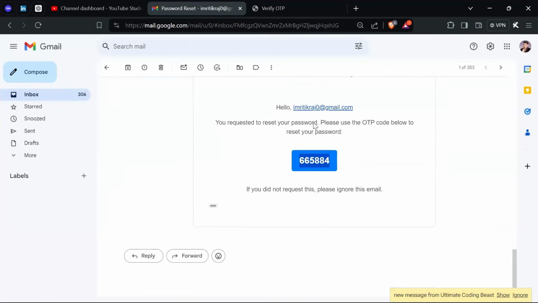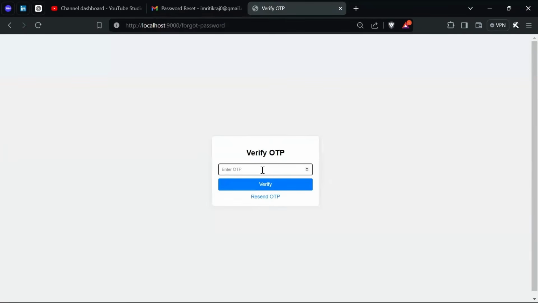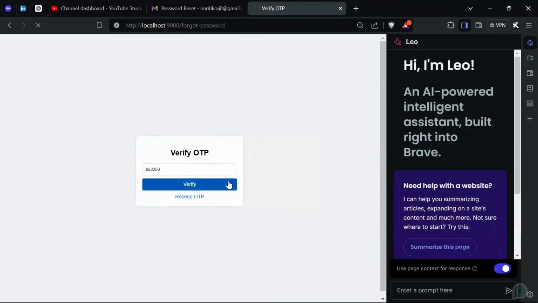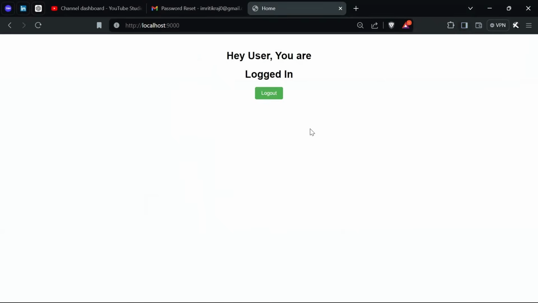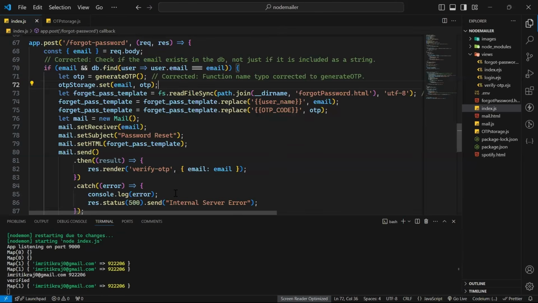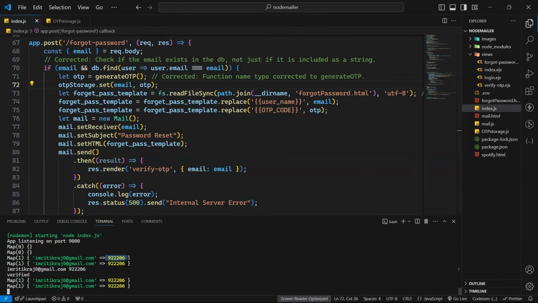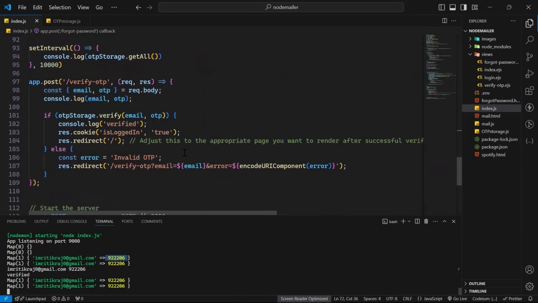तो हमें ईमेल आ चुका है, चलो देखते हैं। तो ये आ गया, अब इधर पेस्ट करके देखते हैं क्या अभी भी एरर आ रहा है कुछ। ये खुल गया, चलो ठीक है, अब देखो हमारा क्या हो गया, सक्सेसफुली लॉगिन हो गया और ओटीपी भी मैच कर रहा है, ठीक है। अगर हम डाटाबेस को देखो, देखो यहाँ पे प्रिंट हो चुका, ईमेल ये है, और उसके अकॉर्डिंग उसकी जो वैल्यू है, ये ओटीपी है, ठीक है।